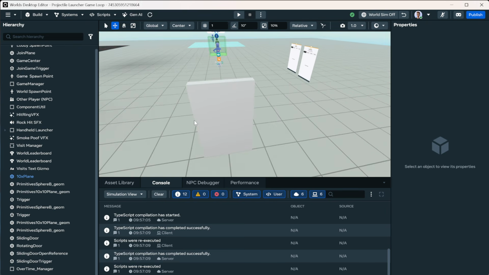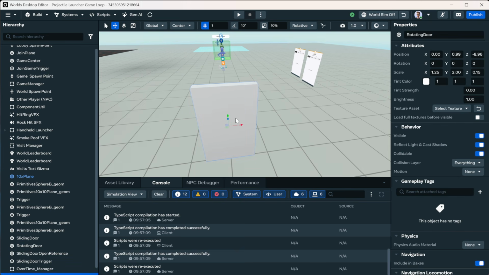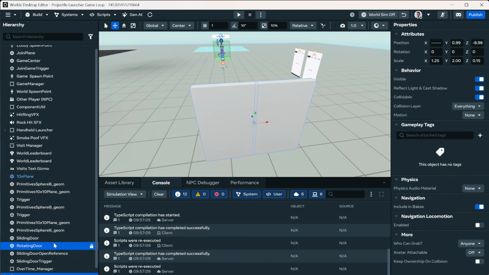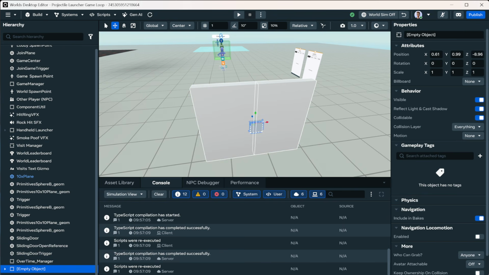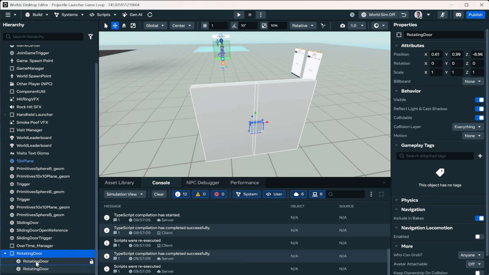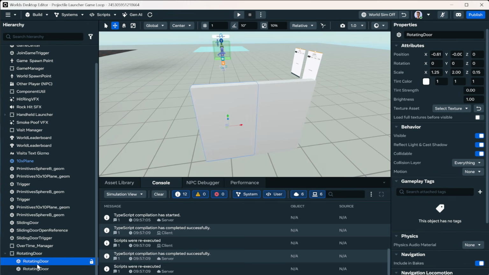This is a little bit difficult, as I mentioned. So we hit Control-D to duplicate this, and this is going to be overlapped. We're going to right-click and create a parent object so that it's a group. Then inside of this, we'll call this the rotating door. And then inside of our rotating door, this is the one that's visible, this is the one that's non-visible, and